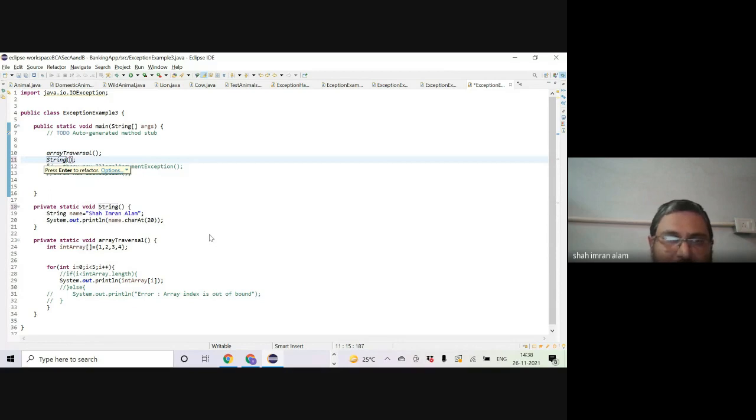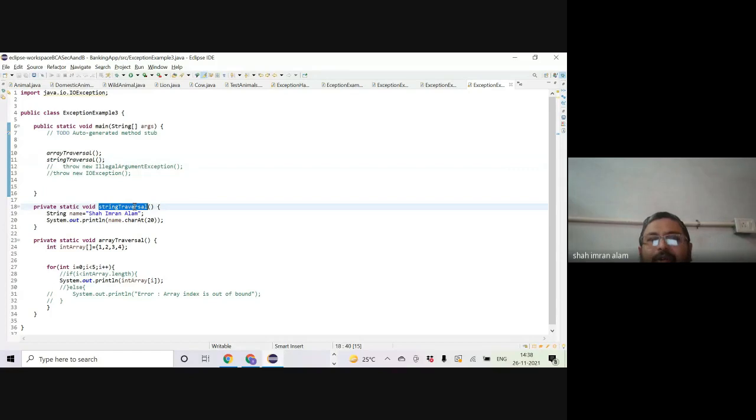string. I should have used the small s, right? Because it's camel case. stringTraversal. See, the name here also changed. Okay? So if this method had been called from 1,000 places, all those 1,000 places would be updated in just one go. You don't have to worry about figuring out, tracking them, and then correcting it.